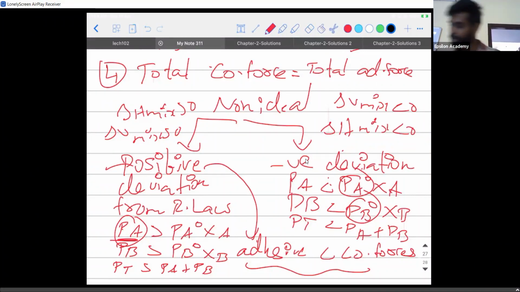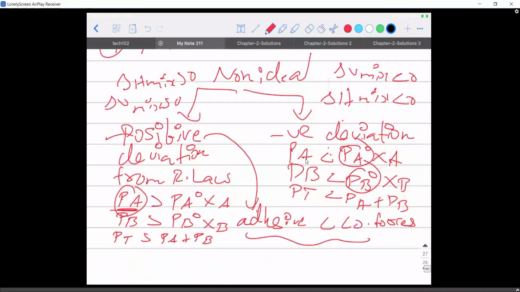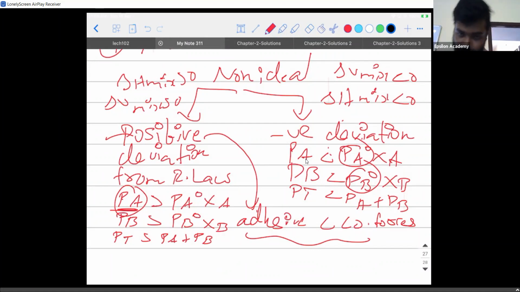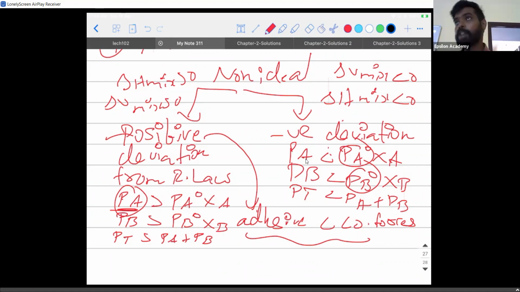Okay, so I have a doubt. Yeah, Rohan, tell me. Sir, can we say cohesive forces are stronger than adhesive forces generally? For negative deviation or positive deviation? In positive, we can say generally, sir. I'm talking about the general aspect. Can we say? In the general aspect, it depends again.